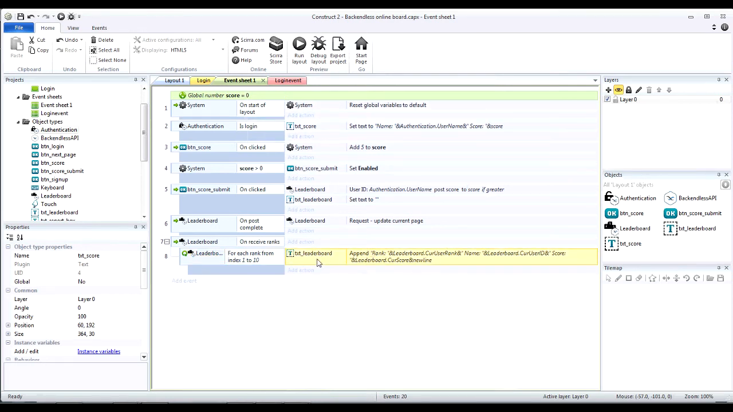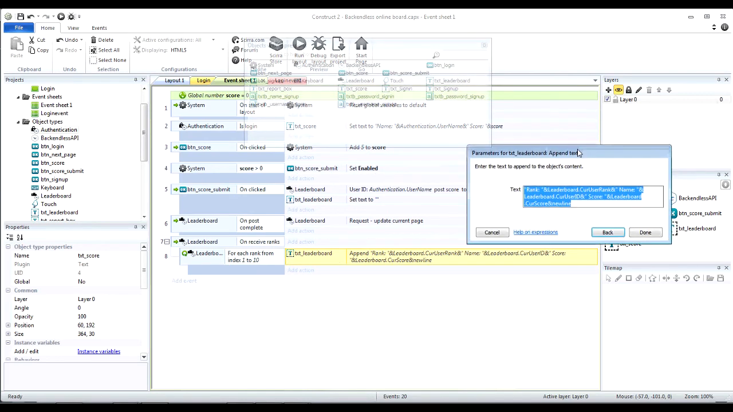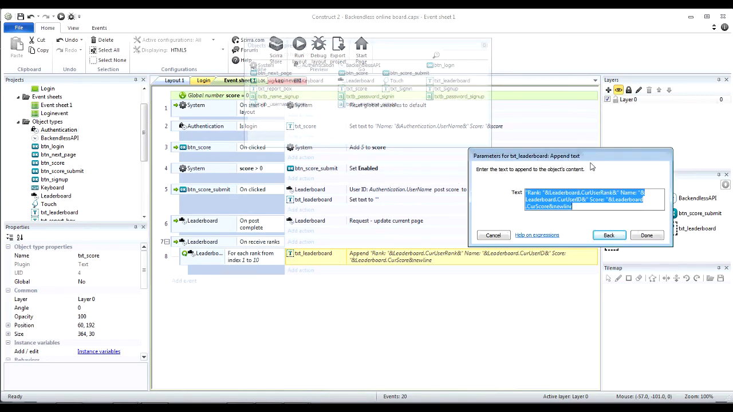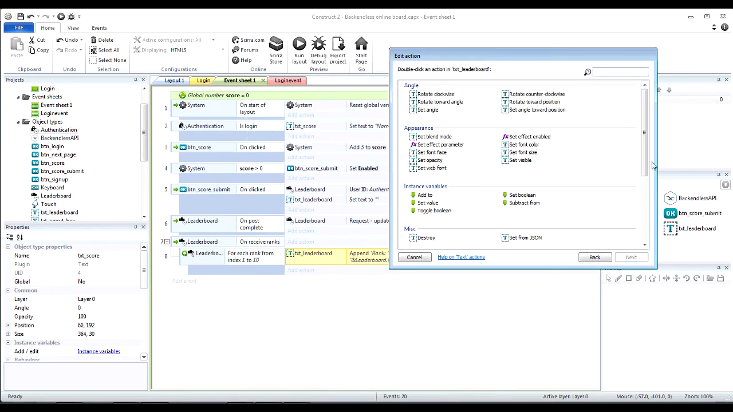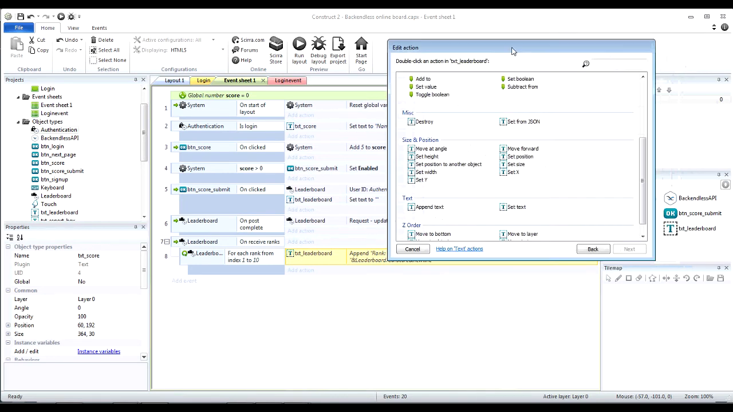Right, so in the action, you're going to set the text. Well, not set text, you're going to append the text. Okay guys, not set text. I have some problems with set text when it comes to the leaderboard giving me information. So you're going to append the text,